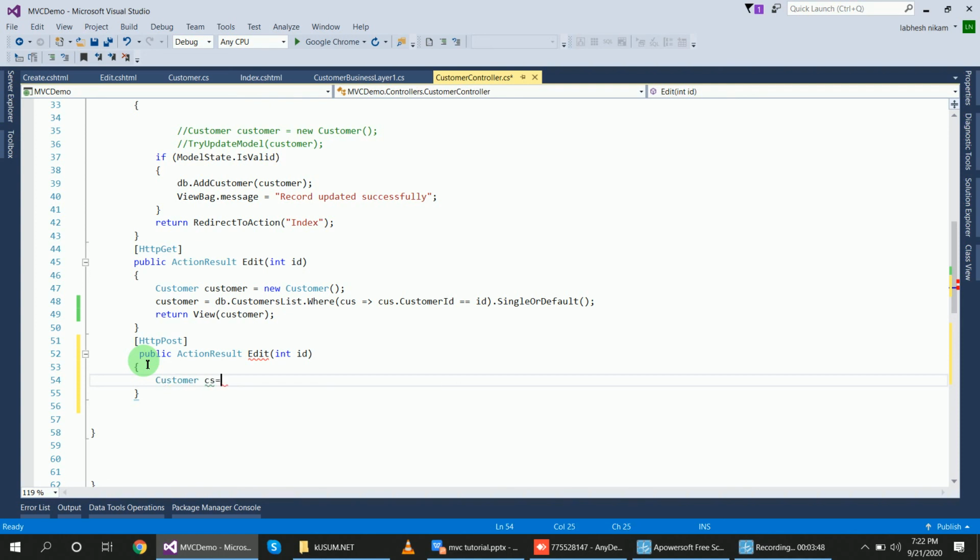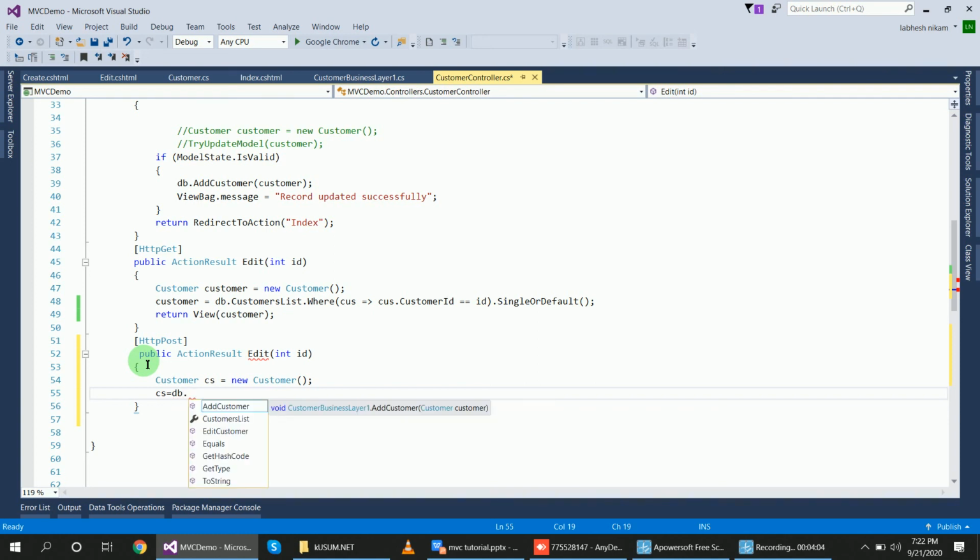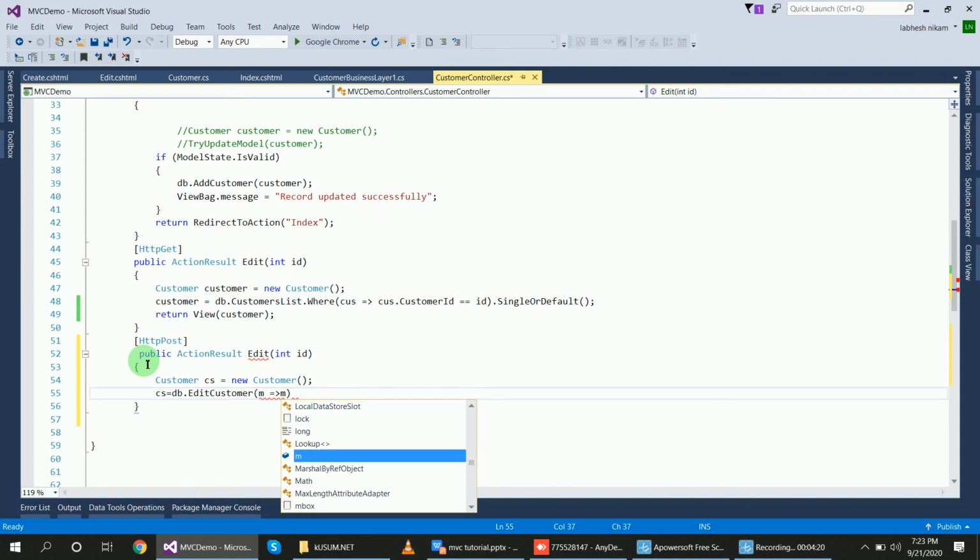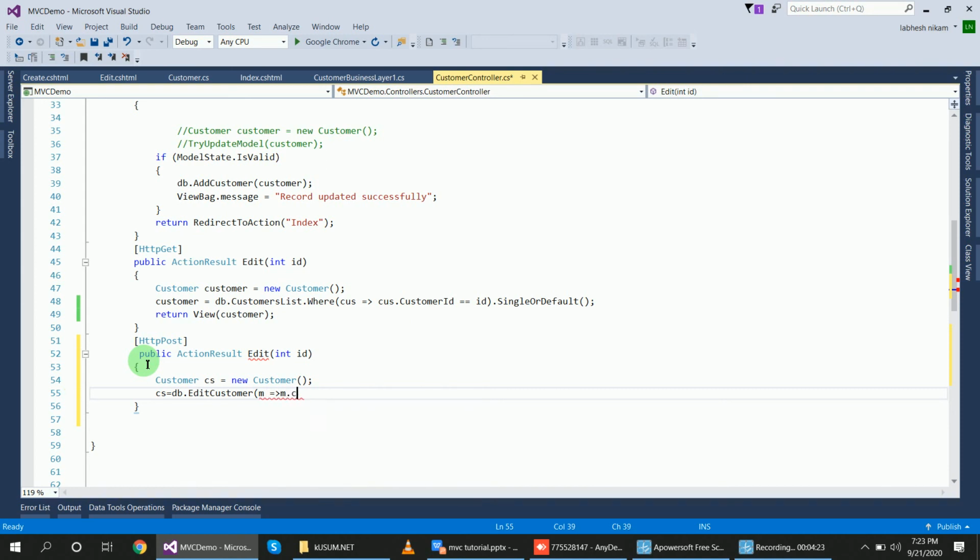Customer, suppose cs equal to new Customer, and get it using the id property, so cs equal to db entities, db dot edit customer, and a lambda expression for objects, suppose m, m dot customer id.